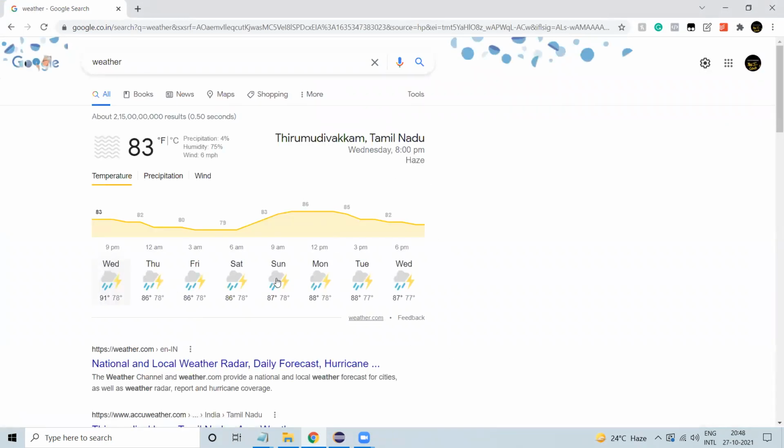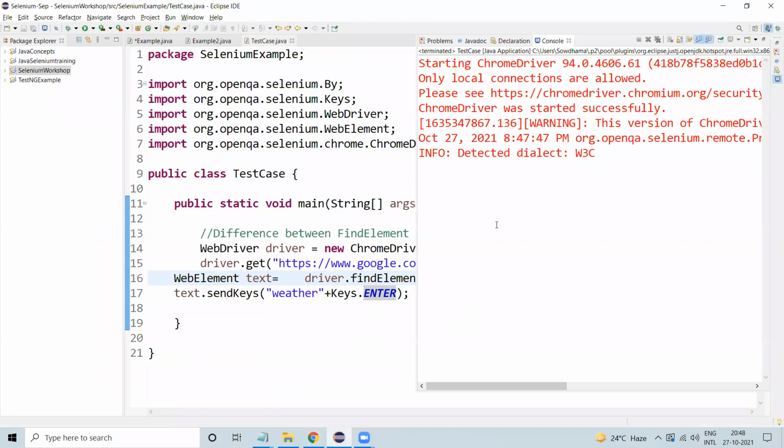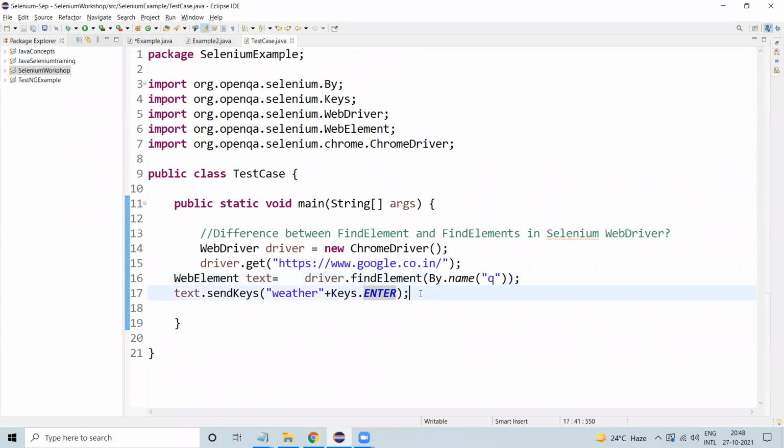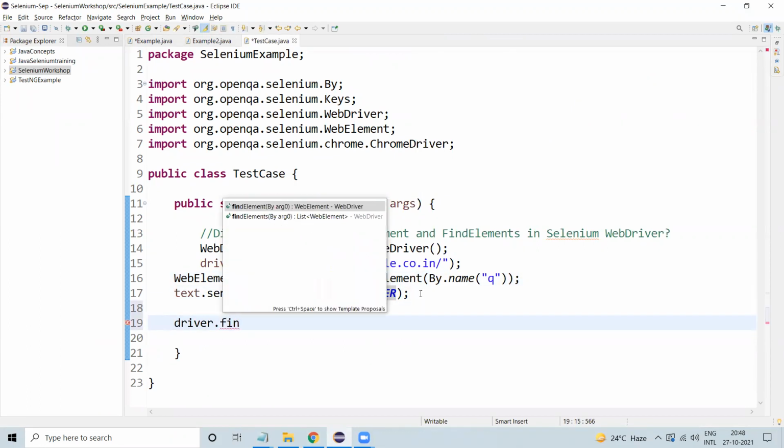Now I want to know how many links there are in the page. Suppose I want to find the total number of links in the page, so we can use findElements. findElements is used to identify a list of web elements within the web page. So I can go over here, driver.findElements.